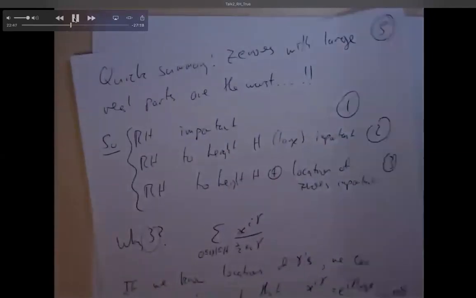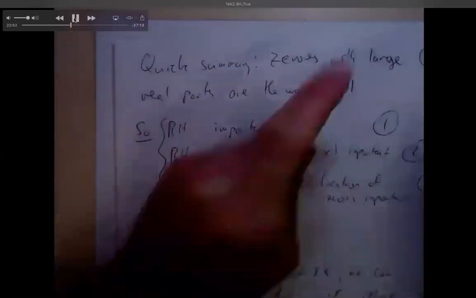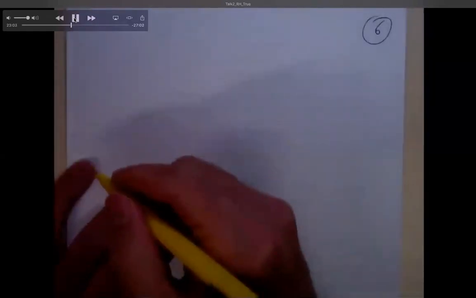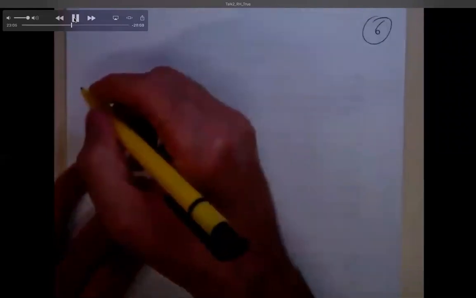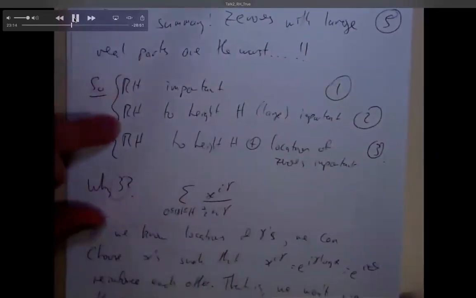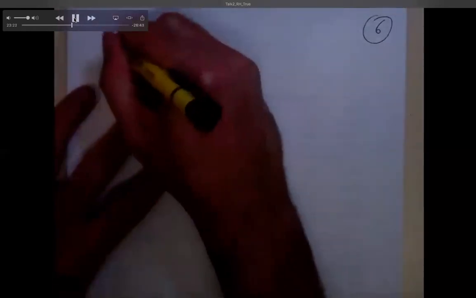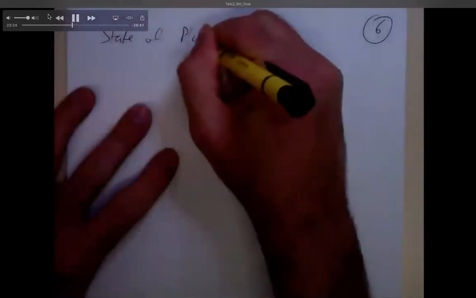So this more or less finishes the second part of the talk. The first part was the zeta function. This part was, it must have been cold when I was recording that, I was rubbing my hands. The first part was the introduction about the zeta function. The second part was why the Riemann hypothesis is important and why partial verifications are important. And this part here is talking about the work that Dave and I did, which verifies numerically the Riemann hypothesis to a new record height. So I'm pointing here at points 2 and 3, that Riemann hypothesis up to some height is very important, and also the location. Oh, I'll put this out of your way.